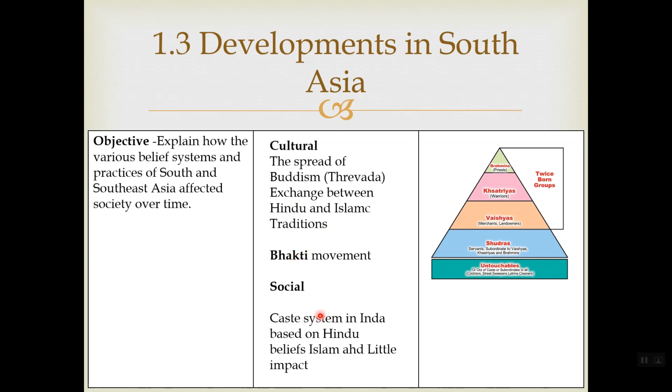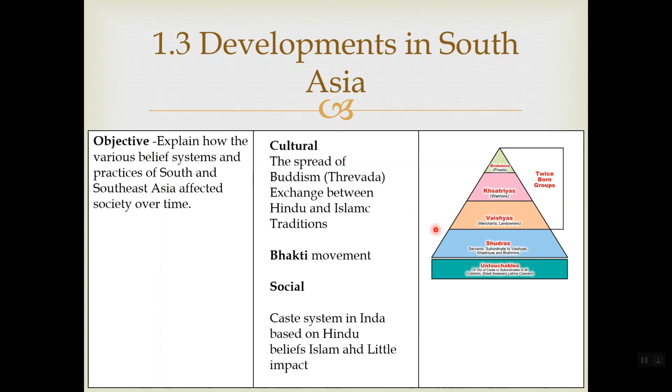Now, socially, there's a continuity. So these are changes, and here's the continuity. Socially, in the southern part of India, the caste system continues. And the caste system is based on the Hindu belief system from previous years. Okay? So again, that's a continuity. These are changes. This is cultural and the effects of Islam